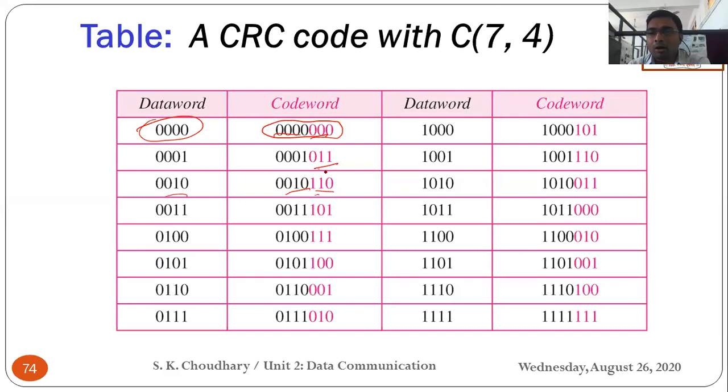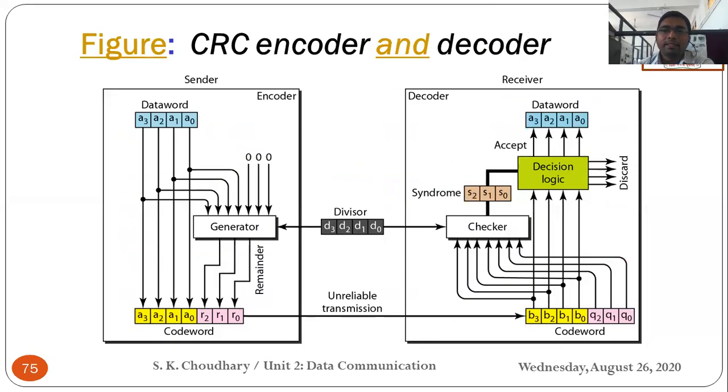Okay, so we have to see how this can be obtained with this figure. Now you can see that in this diagram there are two ends. The first part represents the transmitter, and the second one represents the receiver. Okay, the sender and receiver are shown here. At the sender end, there is an actual message. Suppose we are dealing with (7,4), so there is a 4-bit message, A3 to A0 or A0 to A3, whatever.